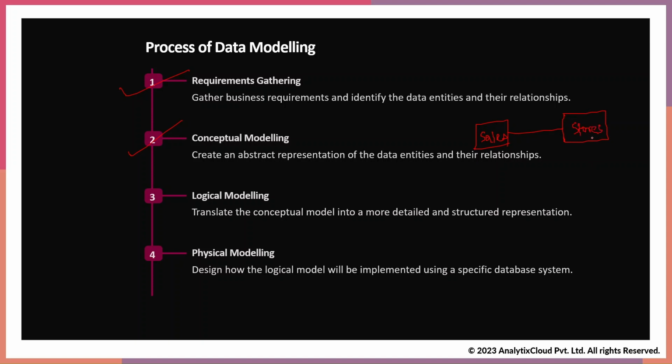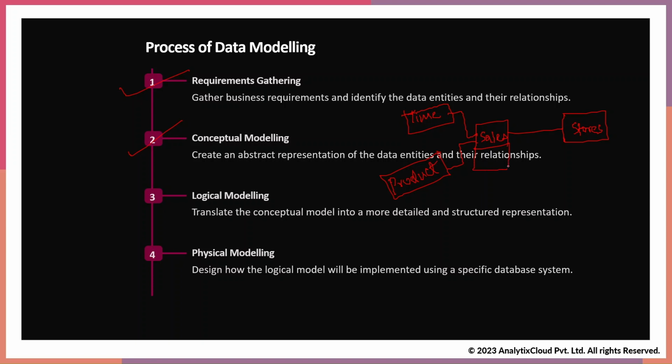Correct, now we could have another table as, let's say, time. Then sales could also happen from product, right? So if you could see sales, stores, product, time, in some kind of tabular format,